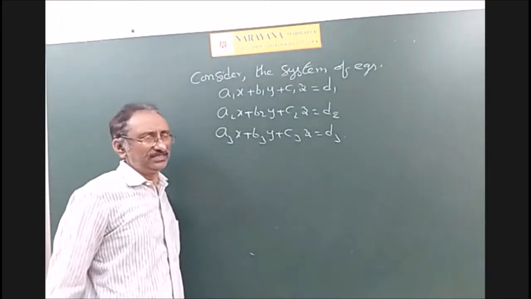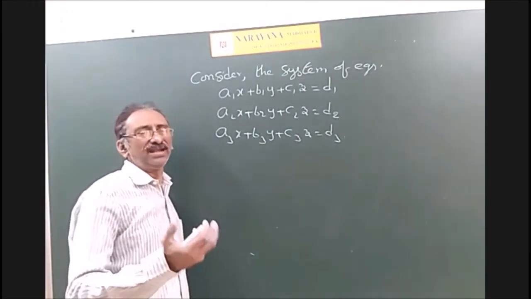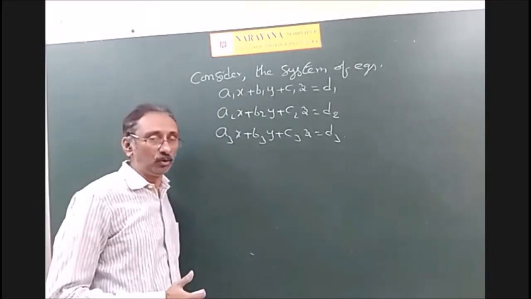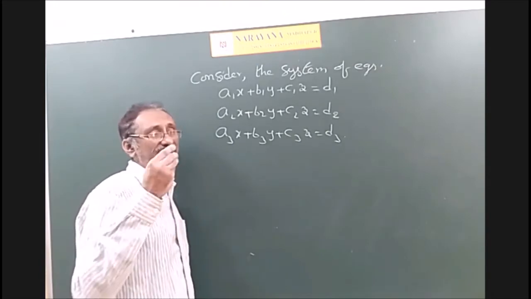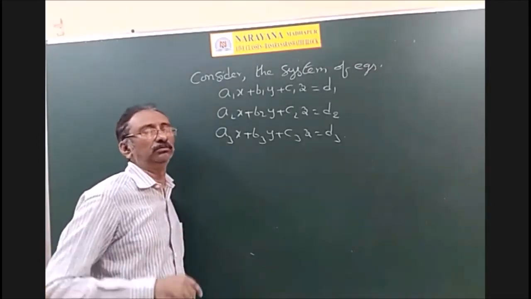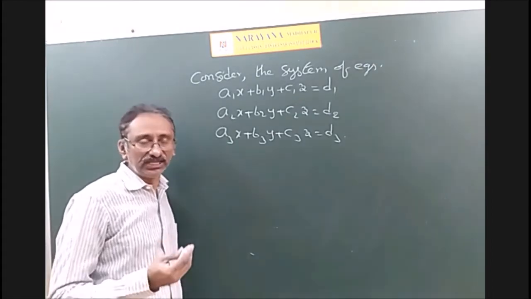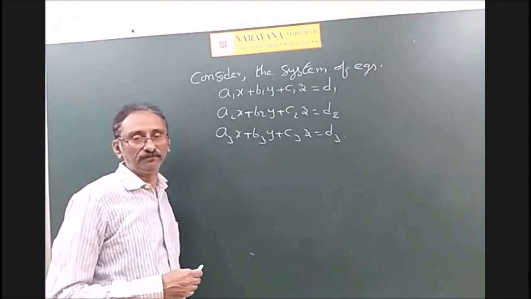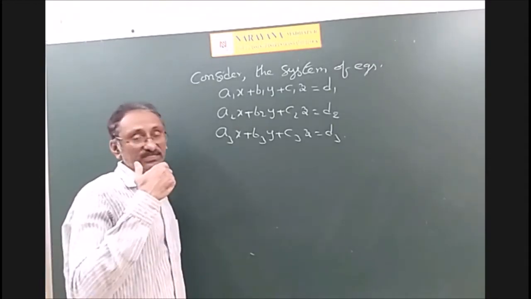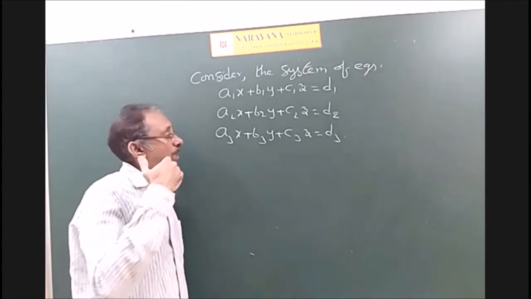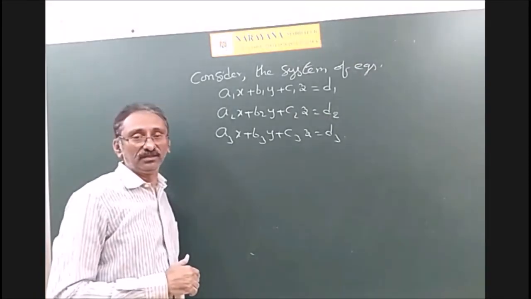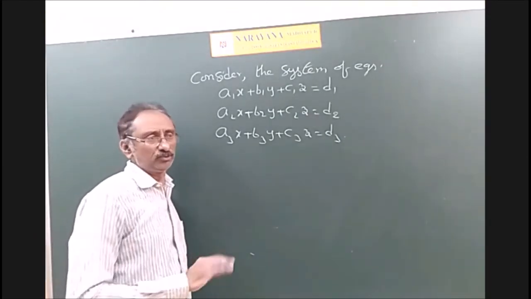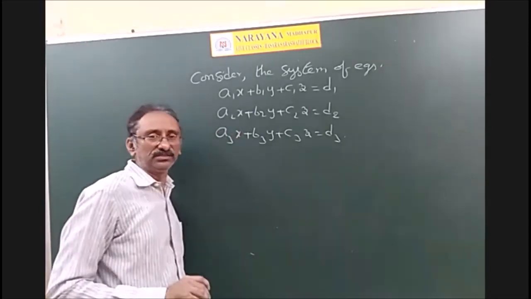And now you may ask, sir, why all these methods? Only the matrix inversion method is enough. Only Cramer's rule is enough to find the solutions. No, those are useful only if the determinant of the coefficient matrix is non-zero. If it is non-singular, then only they are useful. If it is singular, they are not useful. And if the system contains more equations, like 10 equations and 10 variables, of course you don't have that, because you are kids, you only have 3 equations and 3 variables.